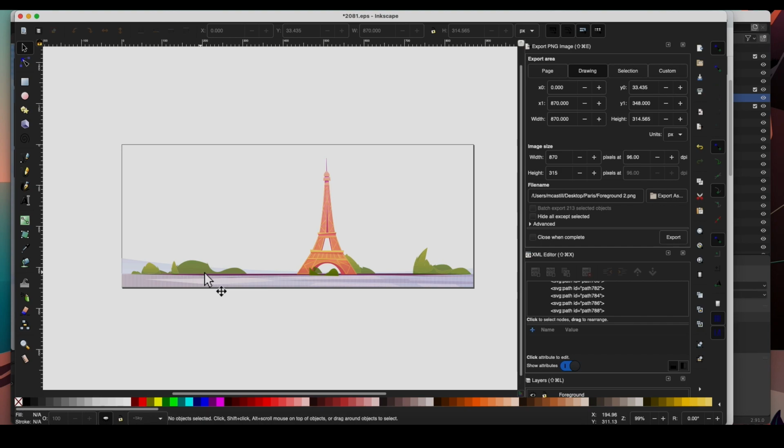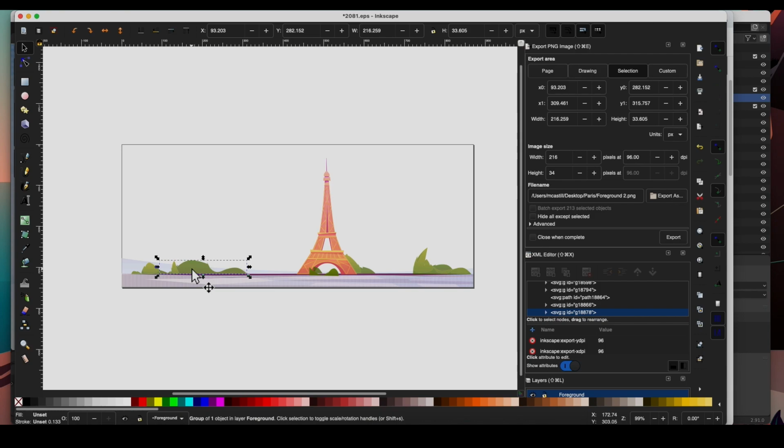For example, these gradients that you see here in these bushes, you cannot import them as an SVG. So that's why I'm doing it as a PNG. You cannot import into Blender any strokes. They have to be outlined.